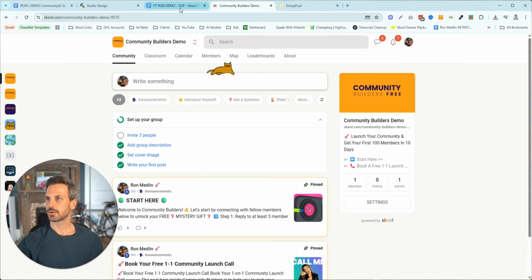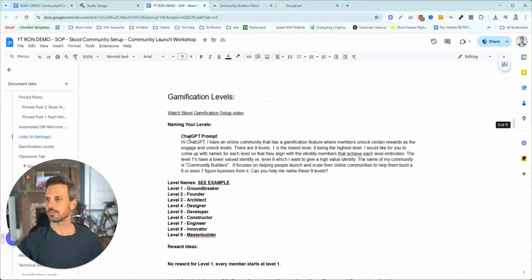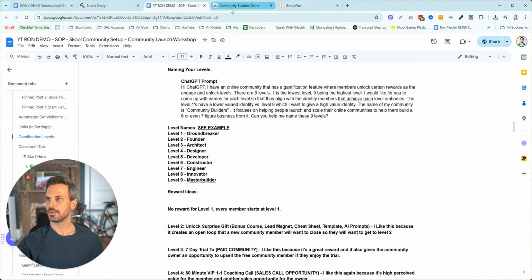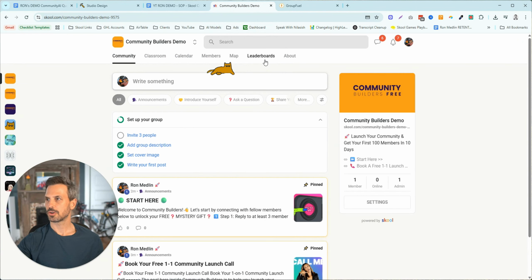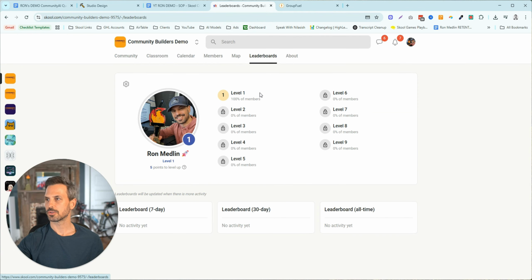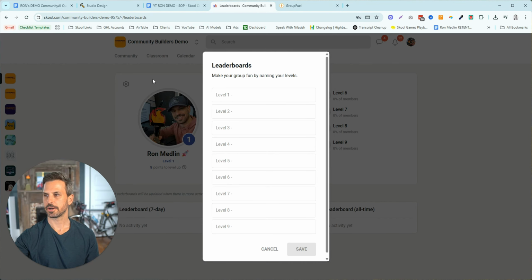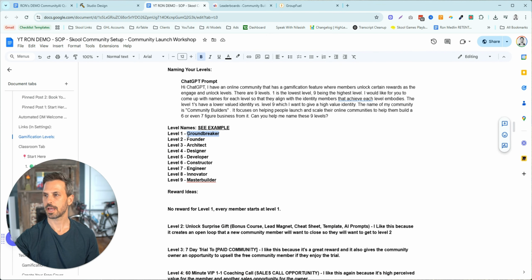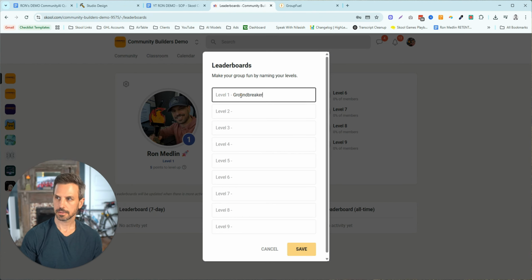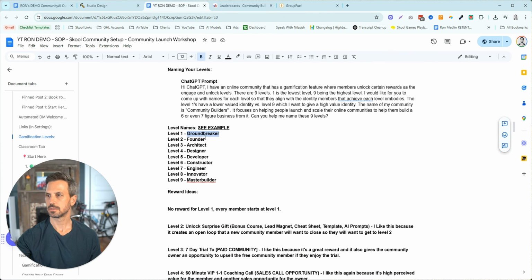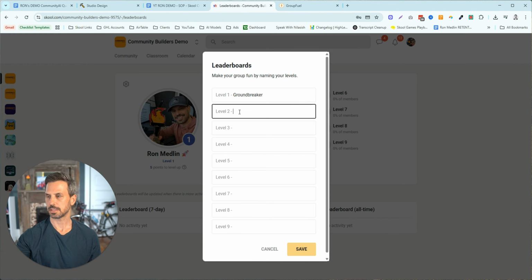Okay. So the next thing that we're going to do is we are going to set up our gamification level names. So to do that, we're going to go back to our community and go to leaderboards, and then we'll start setting these up. All right. So to add our level names, we're going to click on the little gear here, and then we're just going to copy and paste our level names in here. So I'm going to grab the first one here, copy it, paste it in, and then we'll go to our next one, grab that one, copy it, paste it in, grab the third one,